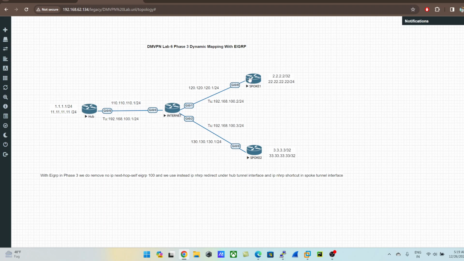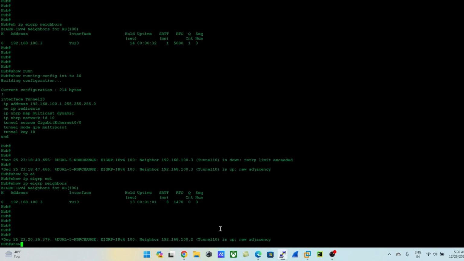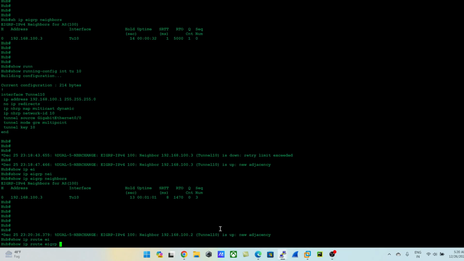The reason being, these routes are not being exchanged directly. We only have an EIGRP neighborship between spoke 1 and hub, and routes are being exchanged. Also for spoke 2 and hub, we do have an EIGRP neighborship, and the routes are being exchanged between them. If I go to hub 1 and verify the routes, show IP route EIGRP,